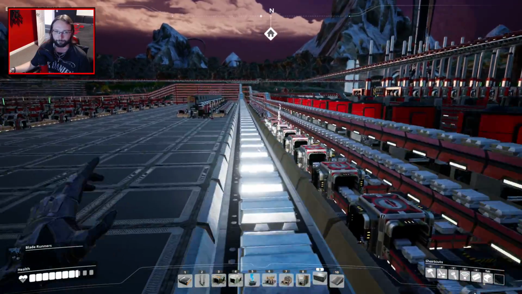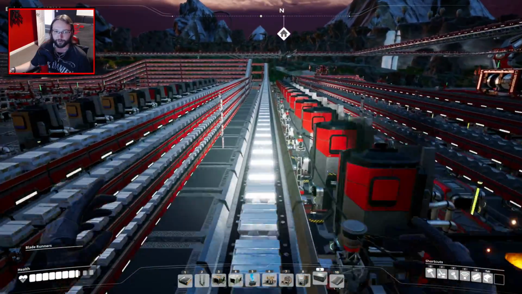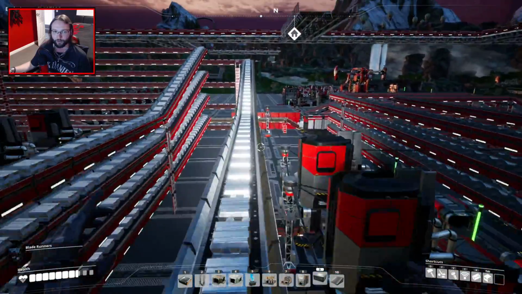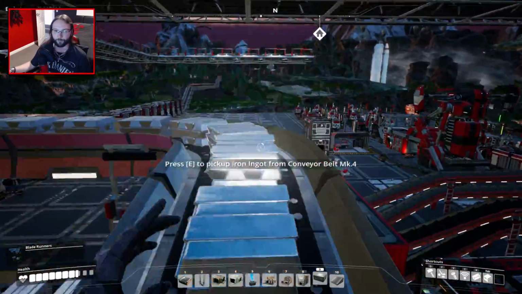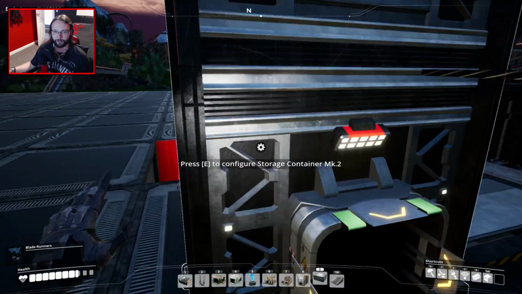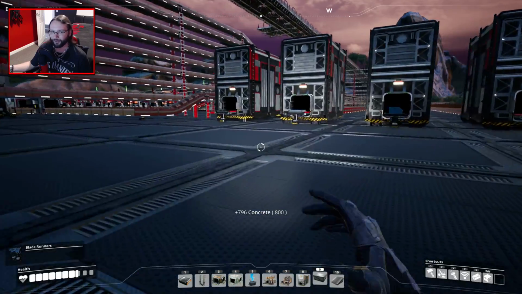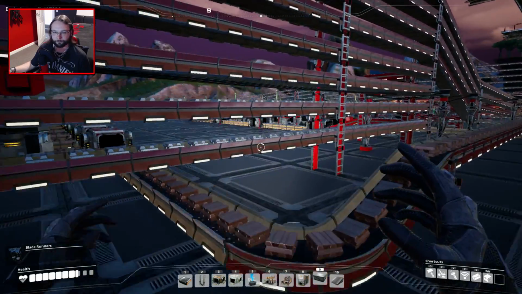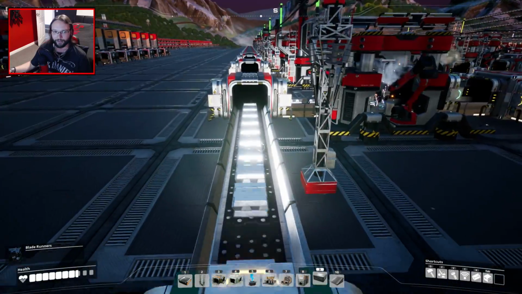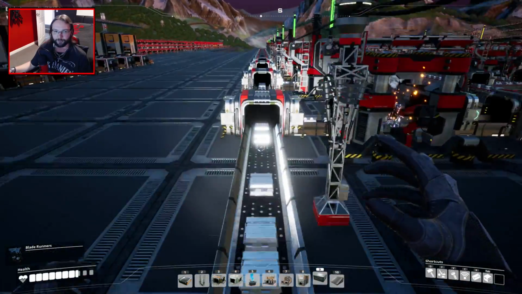Up we go. And we'll go straight towards concrete. We want to do a similar sort of thing here as, well, to our iron plates even. I'm going to need all 800. That still might not be enough. We'll see. We'll see. Wow. They're actually... oh, yeah. They'll be filling all the machines up. If I can time this right...